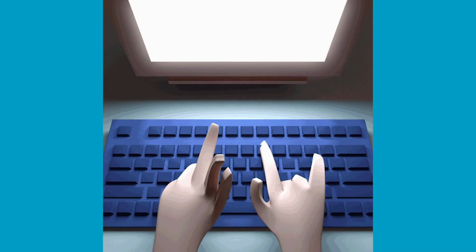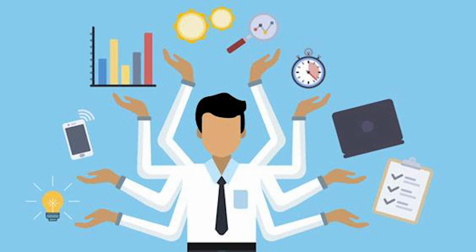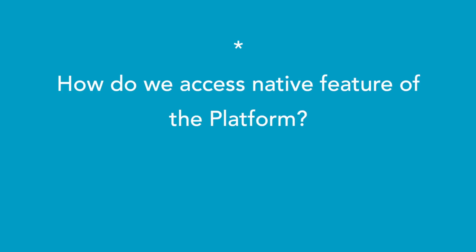You have to answer in the comment section. With this, we will also learn other ways of answering the question, and maybe we can all learn from each other. So the question is, how do we access native features of the platform? Say for example, I want to access the battery level of the platform. You guys have to answer this question in the comment section below, and we'll see what all answers we get.